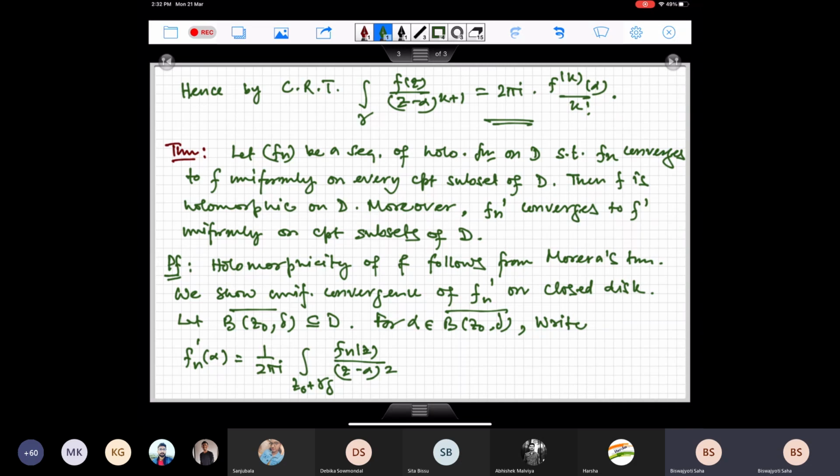So that's the formula. And similarly I have F prime at alpha is 1 upon 2 pi i times the integral over z naught plus gamma delta,